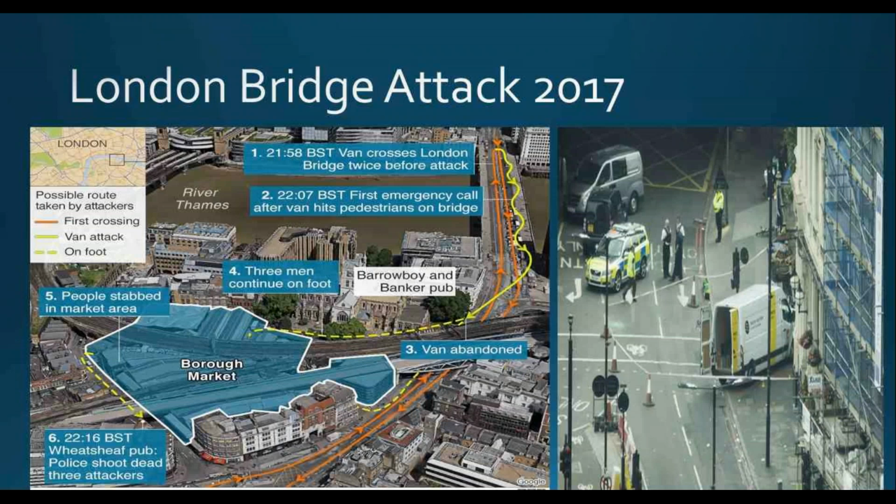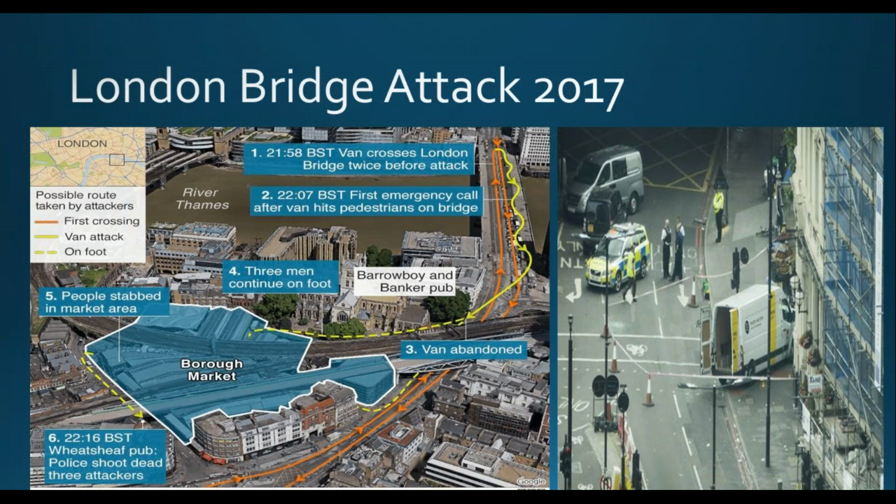So, the London Bridge attack from 2017. On the 3rd of June 2017, there was a terrorist vehicle ramming and stabbing attack that took place in London, England. A van was deliberately driven into pedestrians on London Bridge before crashing onto the south bank of the River Thames. Its 3 occupants then ran to the nearby Borough Market area, and it's very shocking what happened. They began stabbing people in and around